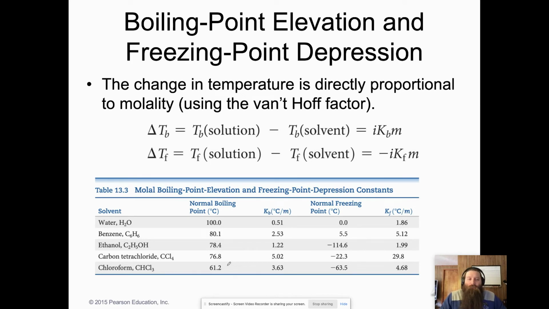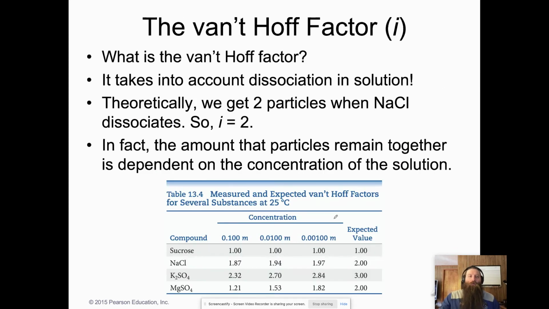But basically, we use the TB of the solution minus the TB of the solvent to find i times Kb times m in order to calculate the change in the boiling point or the change in the freezing point. If it's the freezing point, it's negative i times Kf times m. Well, what is this Van Hoff factor? What is this i? Well, what it is, it's taking into account how much dissociation is actually occurring in your